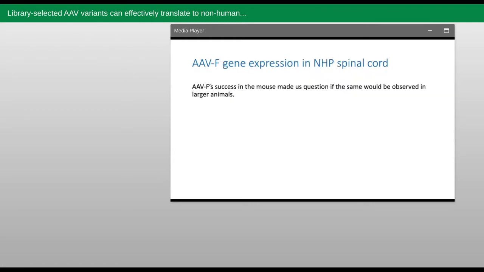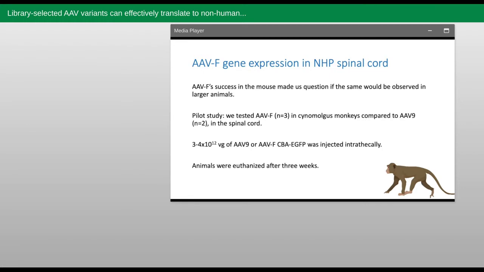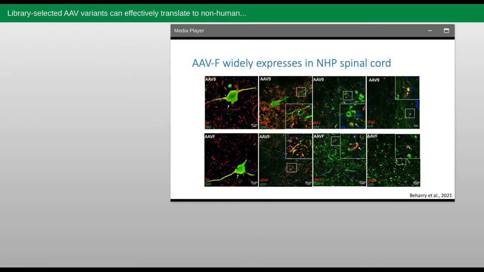Because AAVF looked so great in the mouse, we wanted to see if this same pattern would be reflected in larger animals, such as non-human primates. So we performed a pilot 3-week study in a small number of animals, just injected with either AAV9 or F, both carrying GFP. And animals were injected with a relatively low dose of 3 to 4 by 10 to the 12 vector genomes. We found that AAVF expresses very well in the non-human primate spinal cord, transducing neurons as well